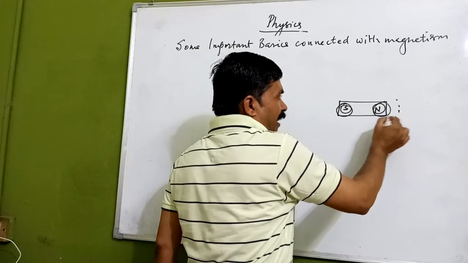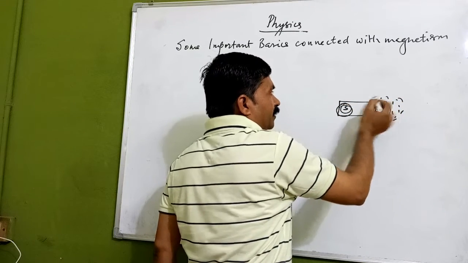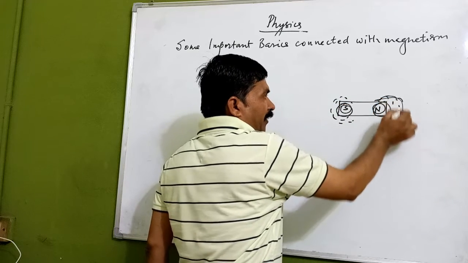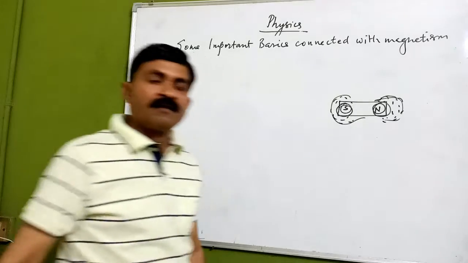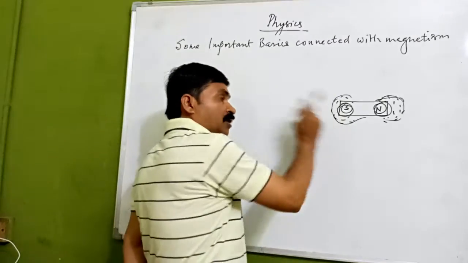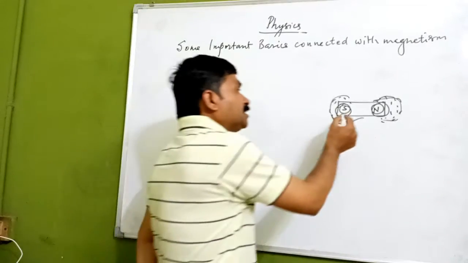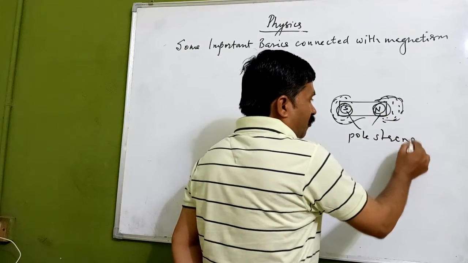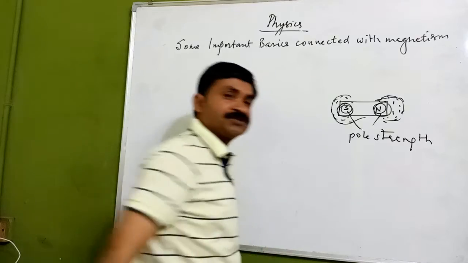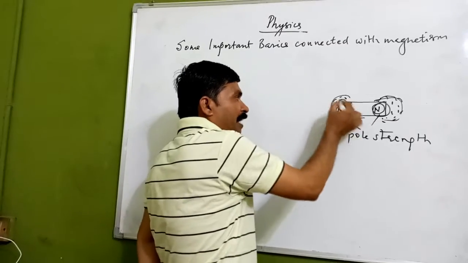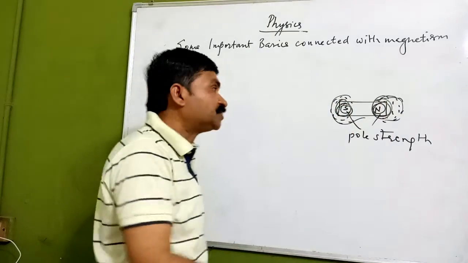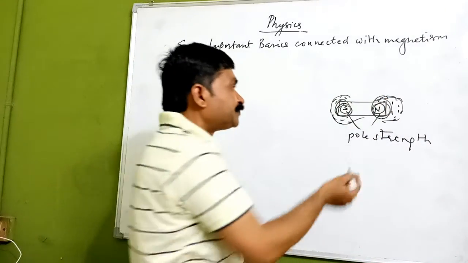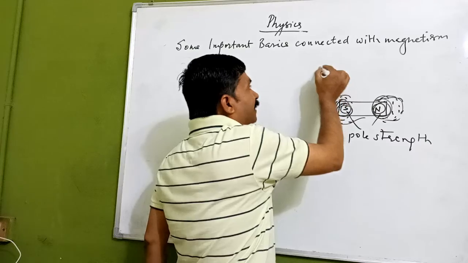If you put some magnetic material near it, you will find that it is depositing at the end, at both the ends. Why is it so? Because its strength is more here. This is what we call magnetic pole strength. The strength of the magnet is very strong near the ends, both the ends. Okay, so they are called the magnetic poles.